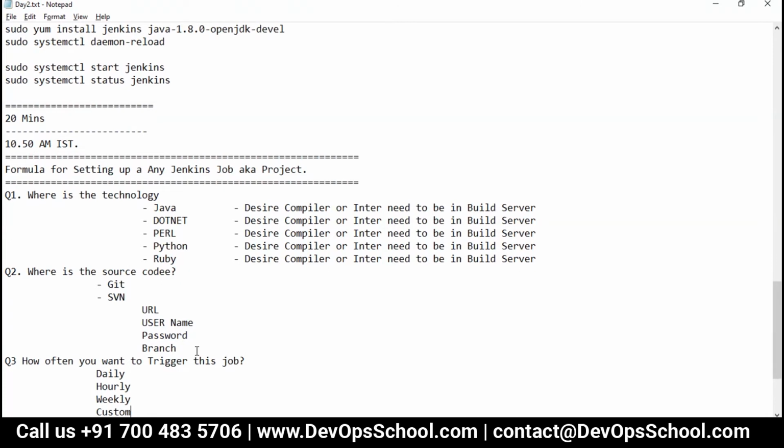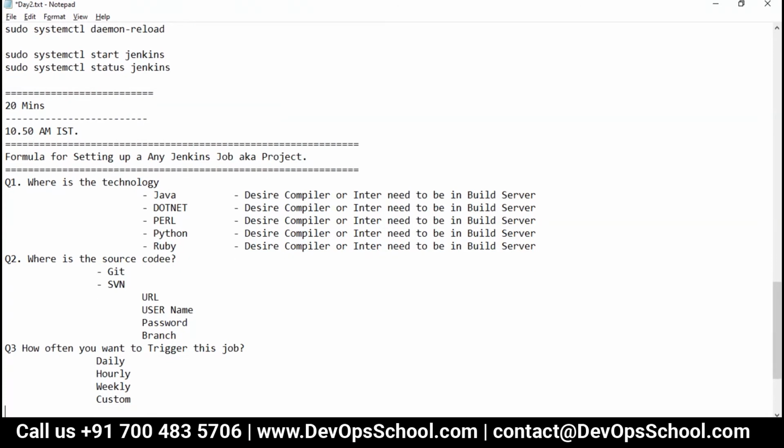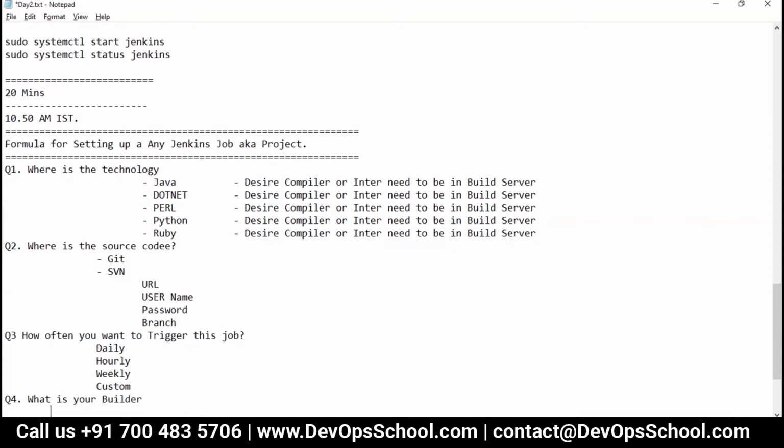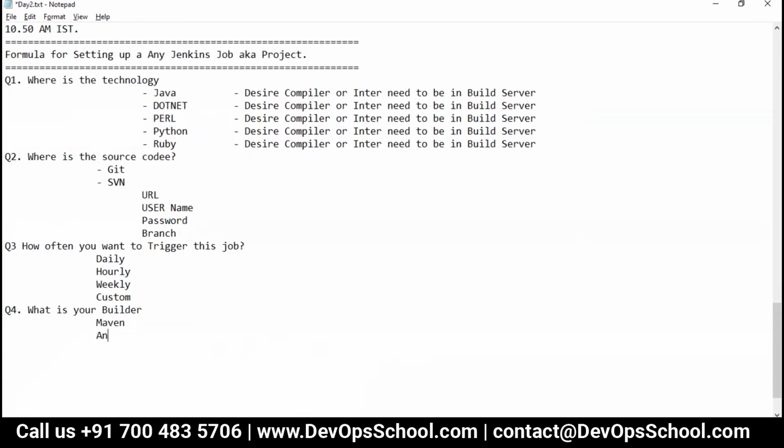Question number four you have to ask yourself is, what is your builder? Guys, can you tell me which builders you have worked with so far? Here we have Maven, Ant, Gradle, MS Build.